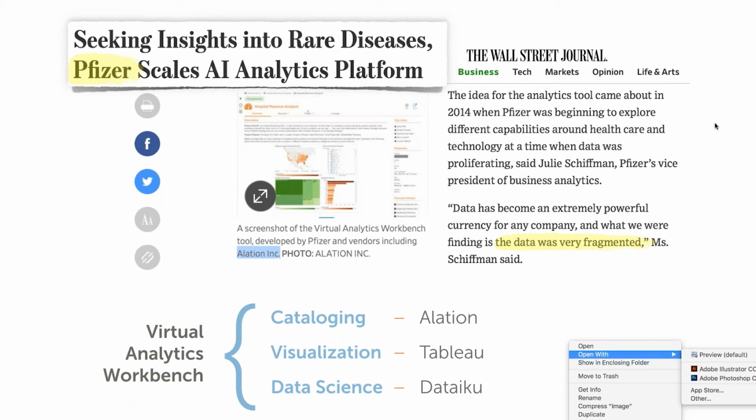We have the same thing in Alation, and Pfizer's using that, where you can go and find a particular data asset that could be helpful to diagnose or treat a disease or develop a new therapy or medicine. And they're a big pharma company. And then you can say open with Dataiku and begin to do clustering and advanced analytics to explore your hypothesis of what could help. So that's the case where we're really excited